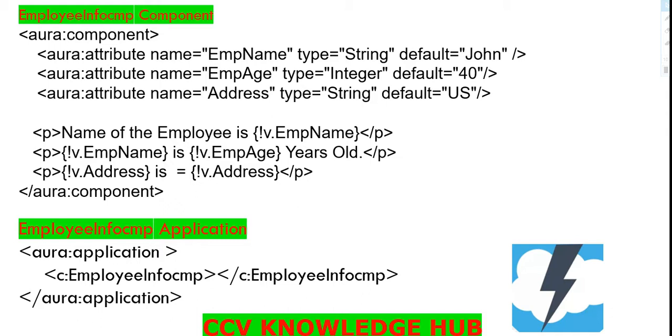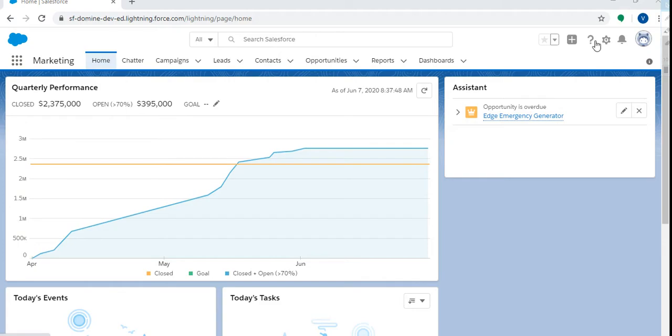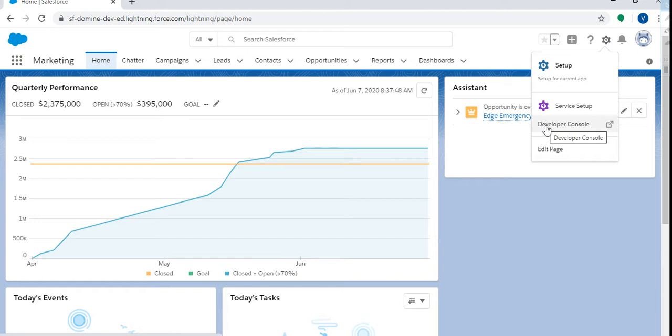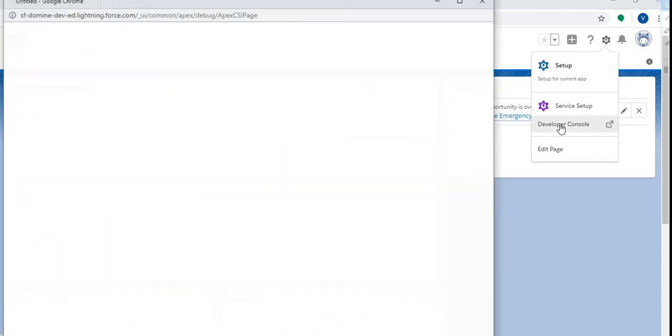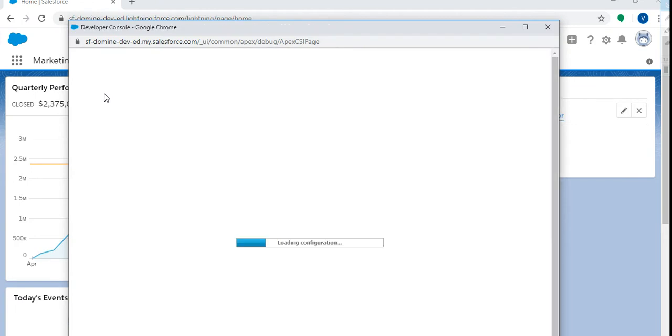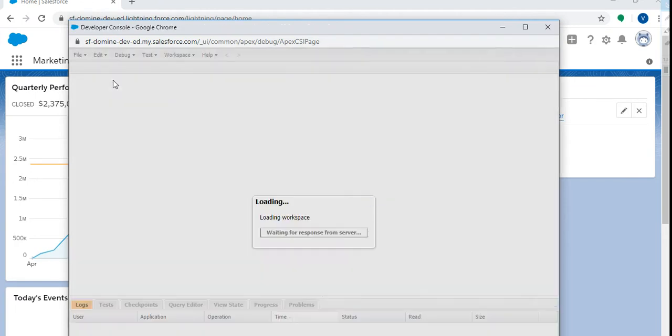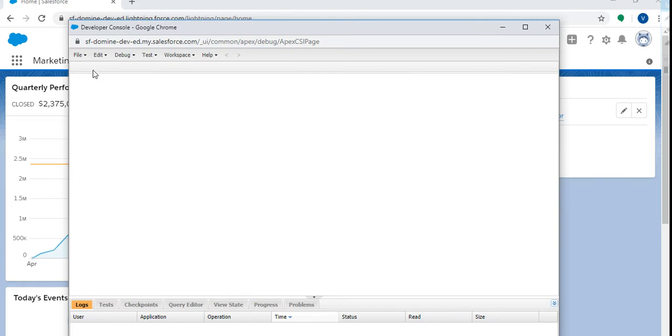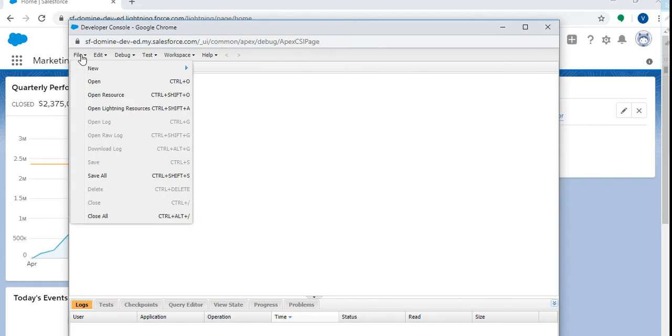We'll see the output. Let's log into the trial application. In the trial account, here is the setup symbol. As usual, we have the developer console. Click on developer console. Now in this I have created my component and application.